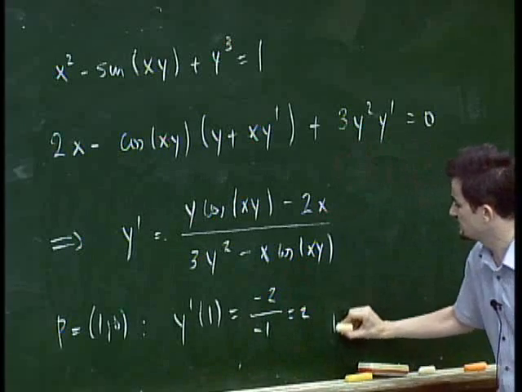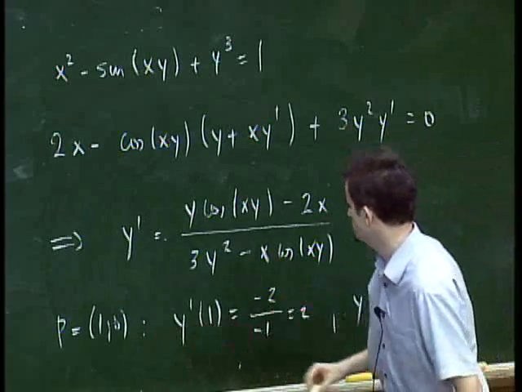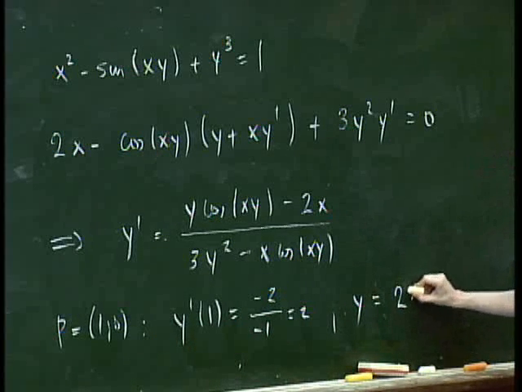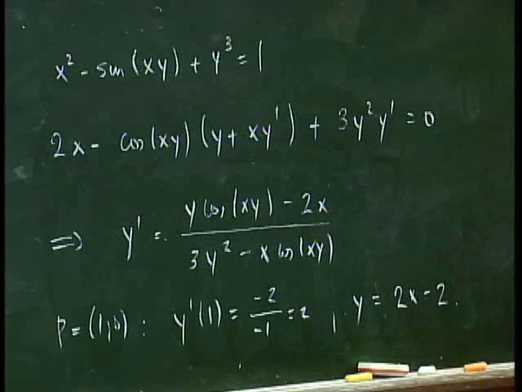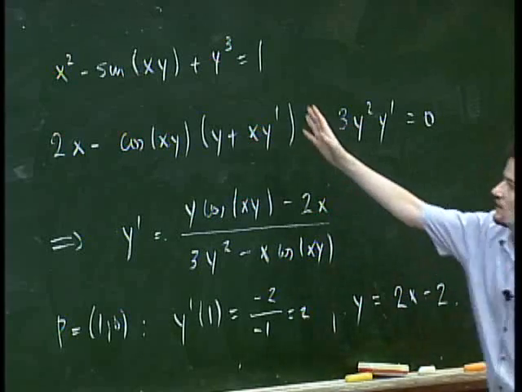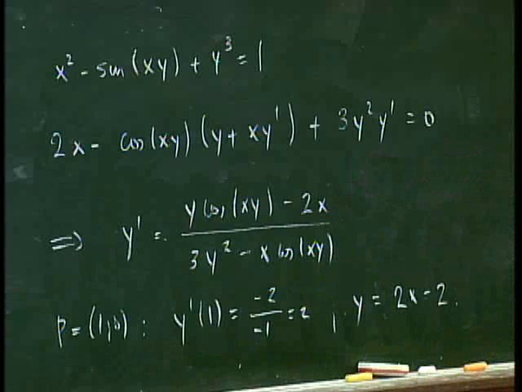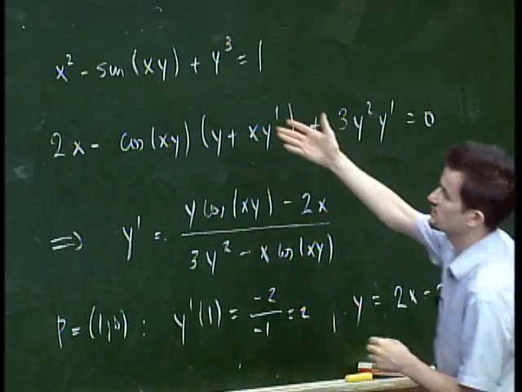So you see that the tangent at this point here would be 2 times x minus 1, so 2 times x minus 2 here. So without knowing how this function looks like, you can still compute things like the tangent at certain points and so on and so forth. But of course, it would be nice to have a picture to check this,